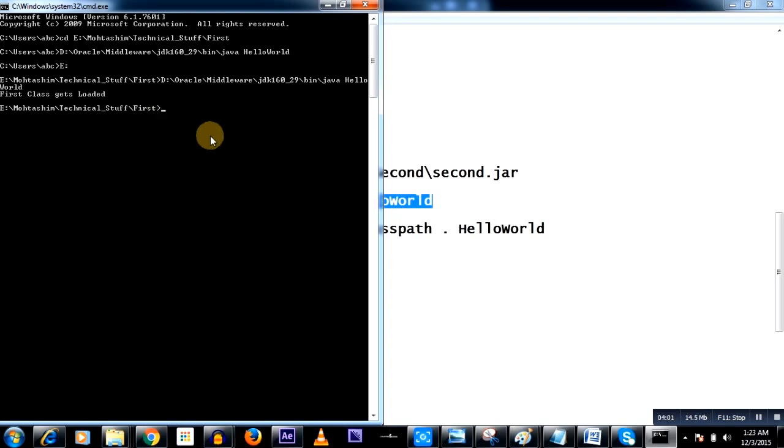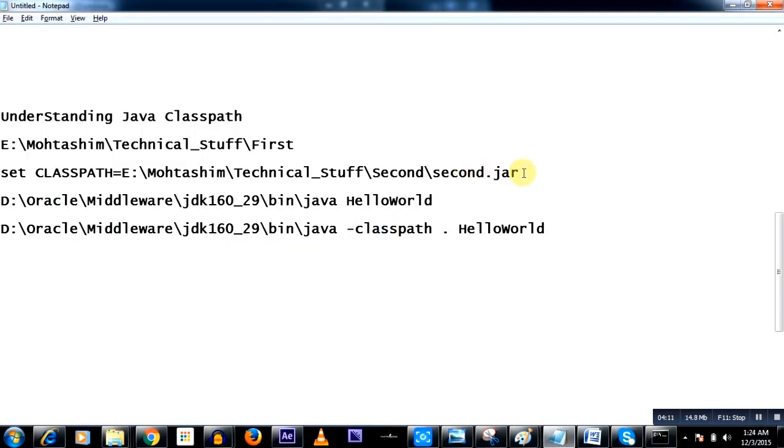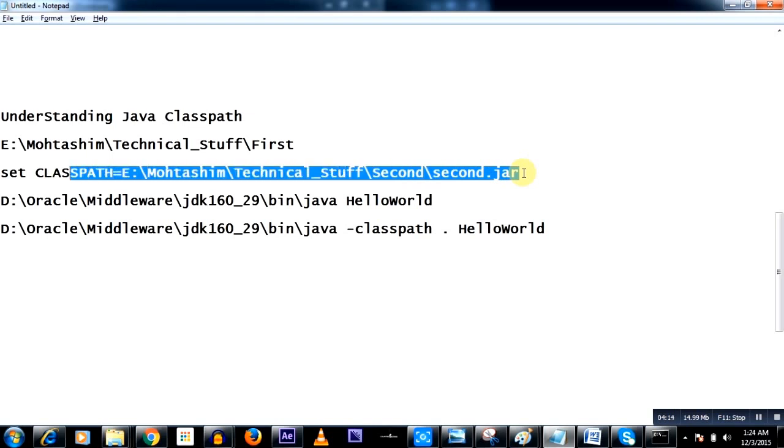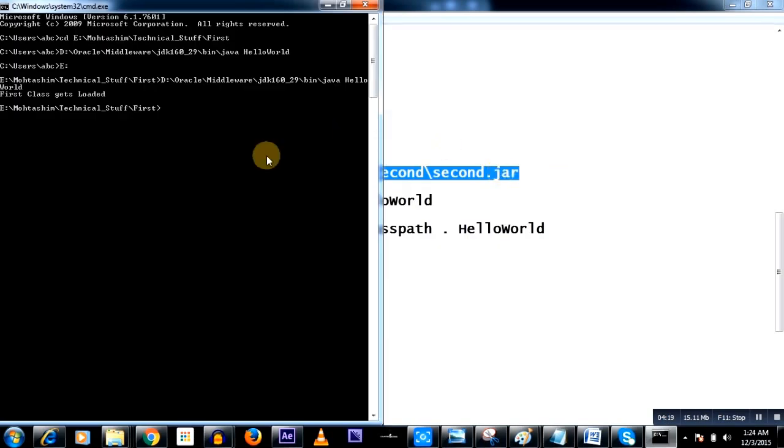Now guys, the test starts here. What we're going to do is set the class path, the Java class path. Rather than writing this, I already have the command ready with me: set class path, and I am giving the path to the second jar file, which has a different output.